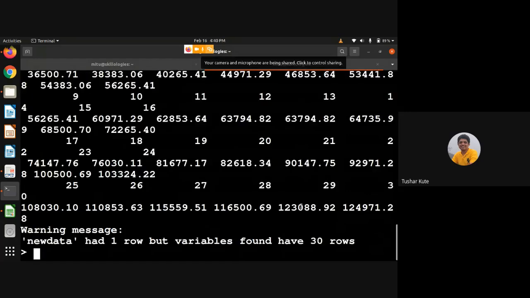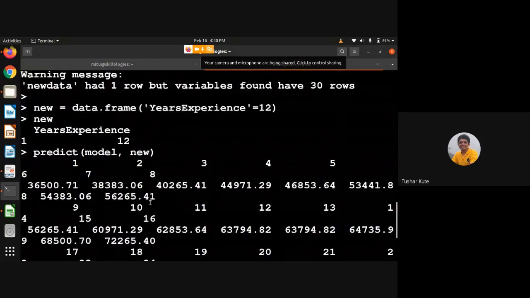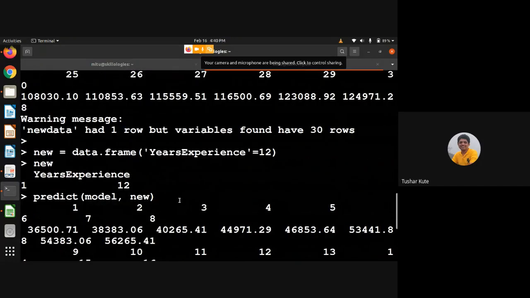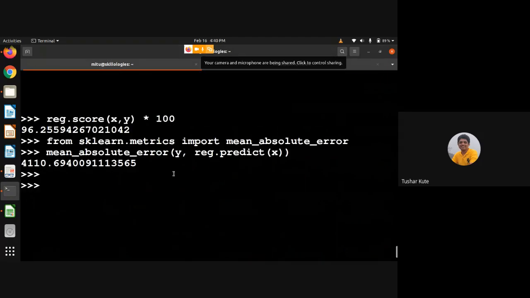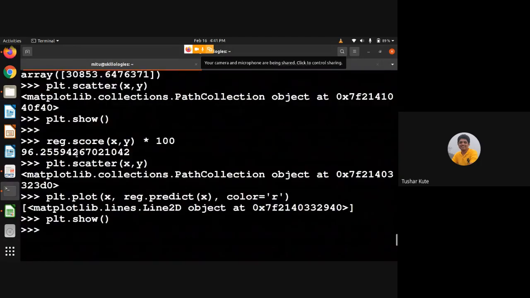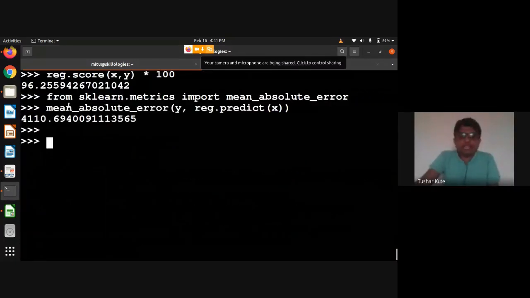Where is that? Something is missing, I think. Okay, let me show you that when we do the practical analysis of it, because I don't use R much. This is the same way that we follow in Python to build the model and generate the results. So many techniques are available that we can use to perform these operations.